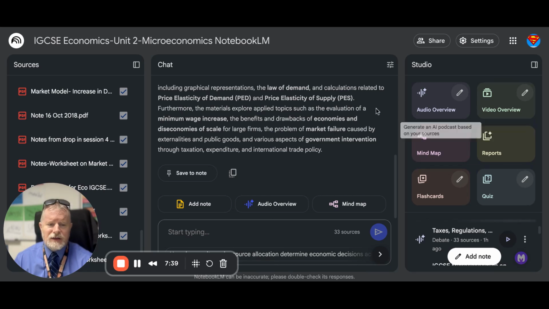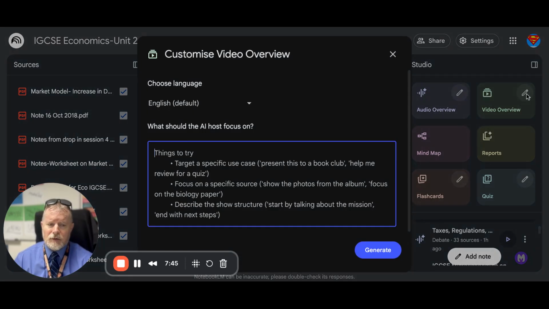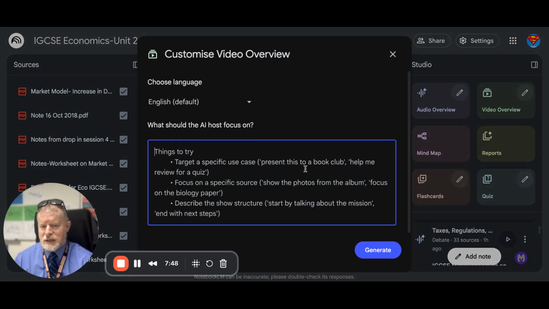Now, obviously, there are a whole range of other things. I haven't tried the video overview much, but it does have a pencil. So if I click on the pencil, I can change the language potentially. I can actually get it to specifically target one particular aspect of the course, and it'll create a short video overview. So if I was to do in here, market failure and possible solutions to market failure. Did it type? It didn't type. That's what I would type in here. It's not going to work, but that's okay. So I would type that into there, then I would hit generate,